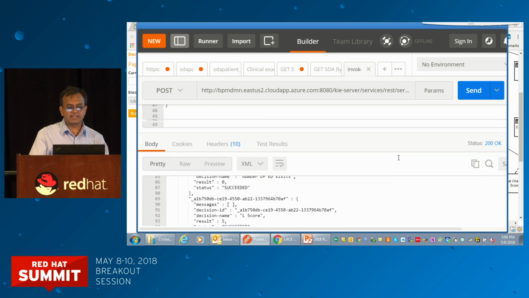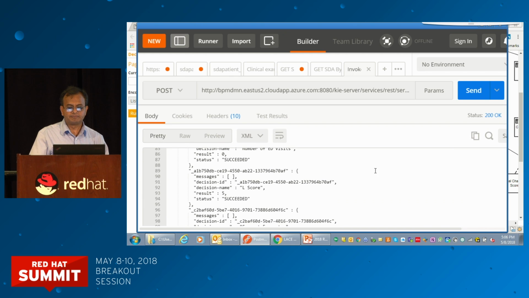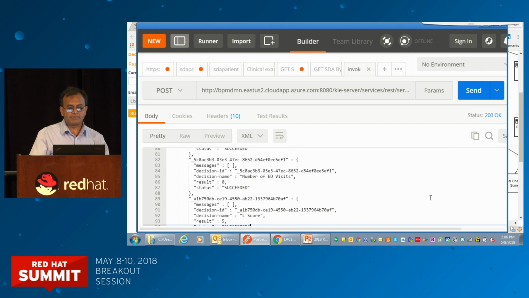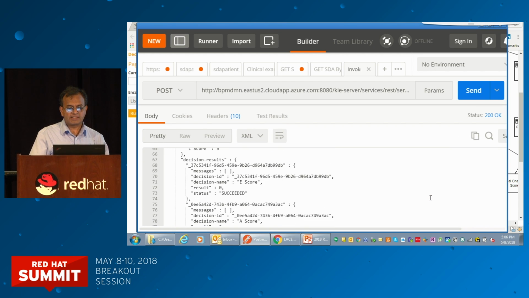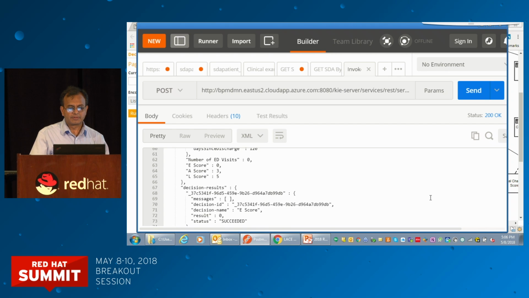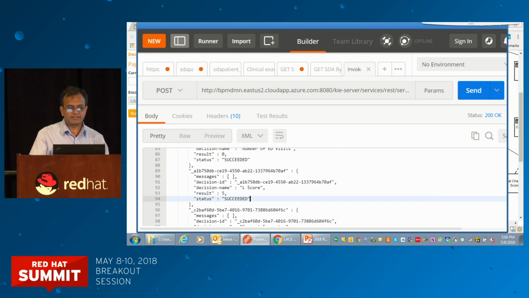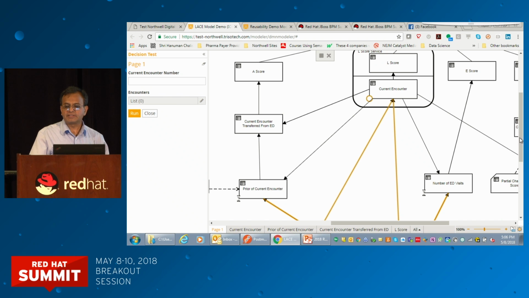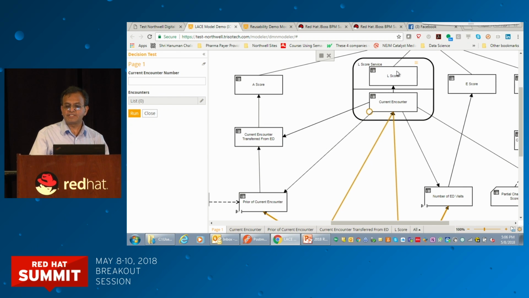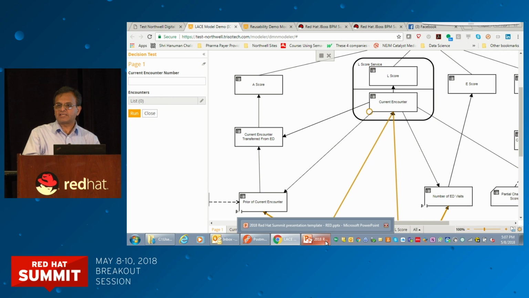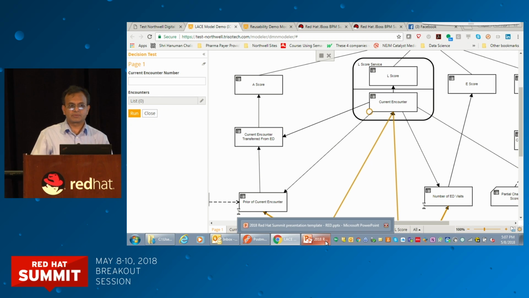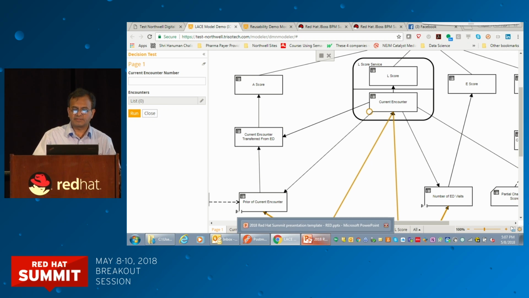The second thing it does, it computes the L score, which includes the E score, A score, number of ED visits. This is the L score, and the result is 5. Remember, in this case, the current encounter now feeds into the L score decision node. So having convinced you that the same thing is happening on the execution server, which happened in the decision animator,